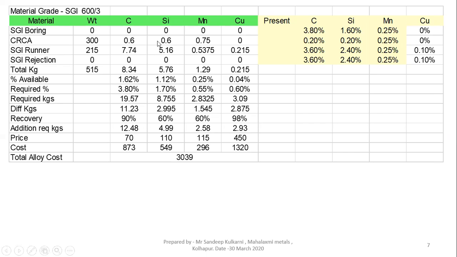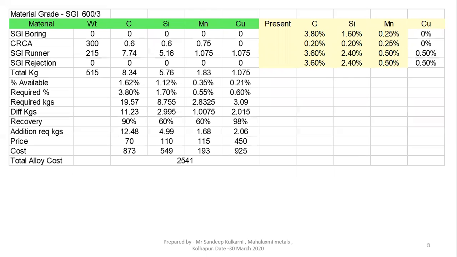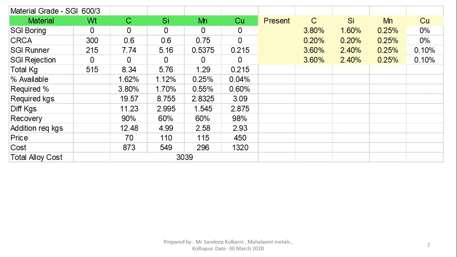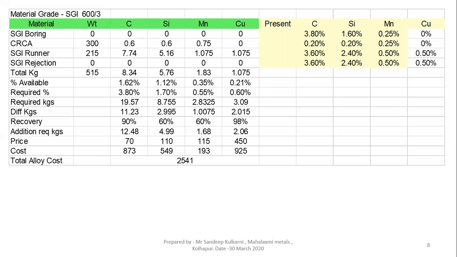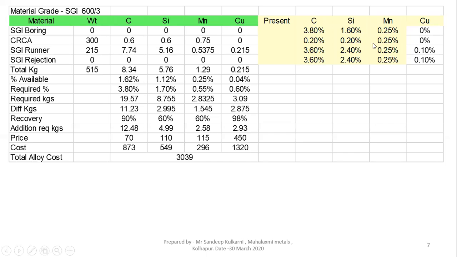Here we can see the first slide where CRCA and AGIN runner riser are 300 and 215 kg respectively. The same thing is done in the second slide as well. The only change you can see is in the last column, where the copper is. You can see the copper percentage is 0.1% and the manganese percentage is 0.25% in the first slide. So the addition of copper and manganese increases